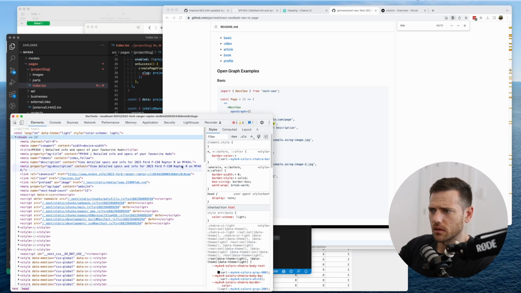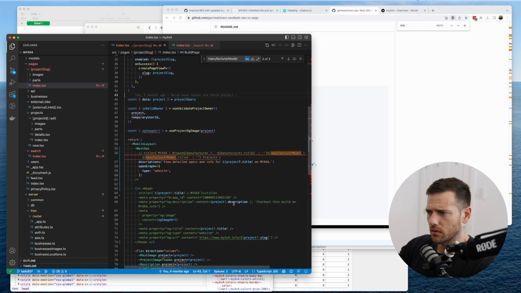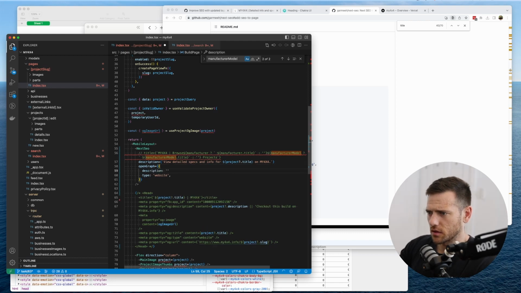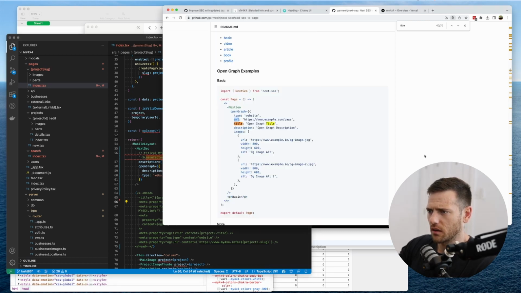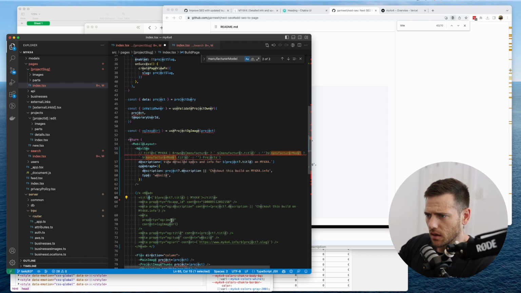View detailed specs and info. And what was it for? Check out this build and my, yeah, okay, so we do actually want something slightly different here, because this is when you're sharing it with someone. So we want that. Project description, or check out this build on my 4x4. Cool. FB app ID, how are we going to do that one? Anyway,